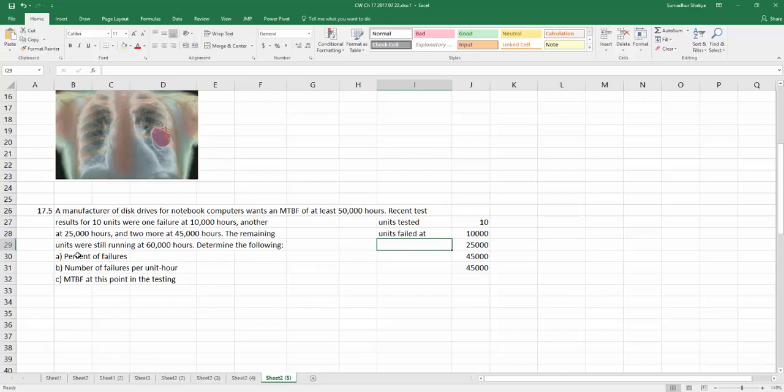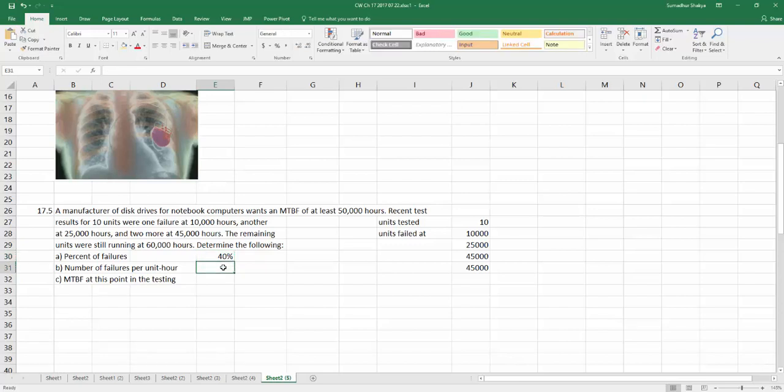Determine the following: the percentage of failure, the number of failures per unit hour, and the mean time at this point in testing. Okay, so first things first, the percentage of failure is equal to how many failed? 1, 2, 3, 4. Total: 1 failed, another failed, and then 2 more failed. So 4 divided by 10, that's 0.4. I'm going to show it as a percentage, so a 40% failure rate. Now,